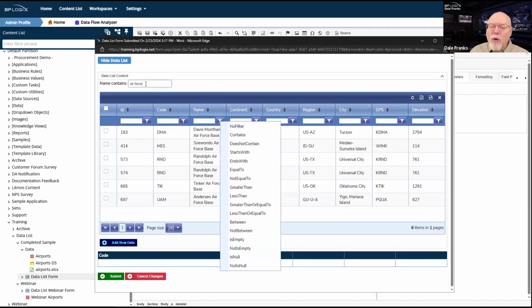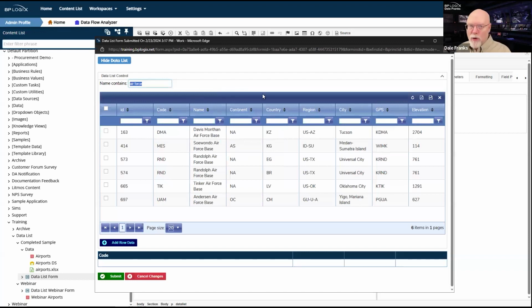We're actually restricting the data that gets returned from the database. We're not just looking at 6 items in this particular iteration of the data list. We only have 6 items in our entire record set. That's the whole set of data that we have.